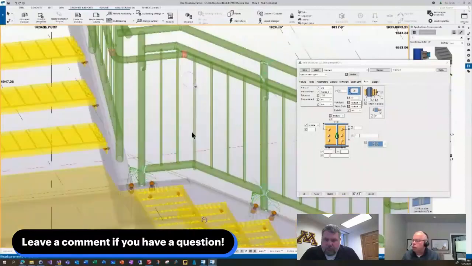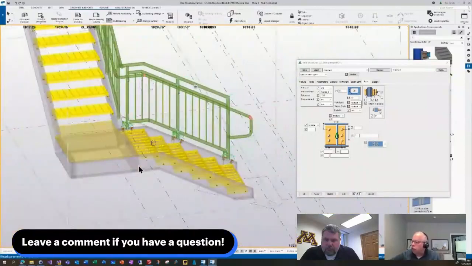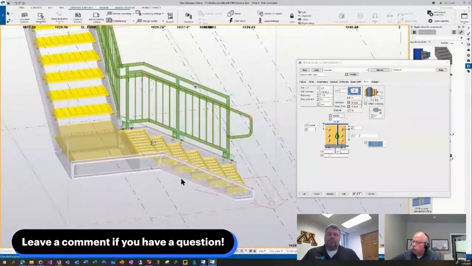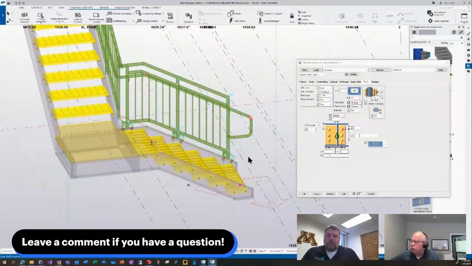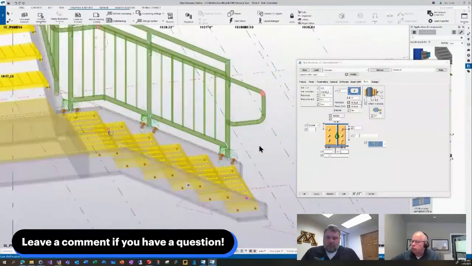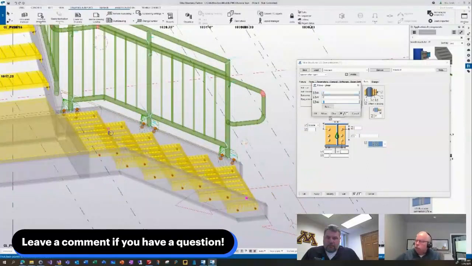And everything looks nice. So what happens now when field dimensions or design changes come along? Well, because of the way we designed the plugin, it plays very nicely with these kind of connections and components that are added afterward. So we'll just do a move linear on this. So we're going to update the stair and make this rise 1 inch smaller, and we'll move the bottom of the stair up so that it's calculated and redesigned,